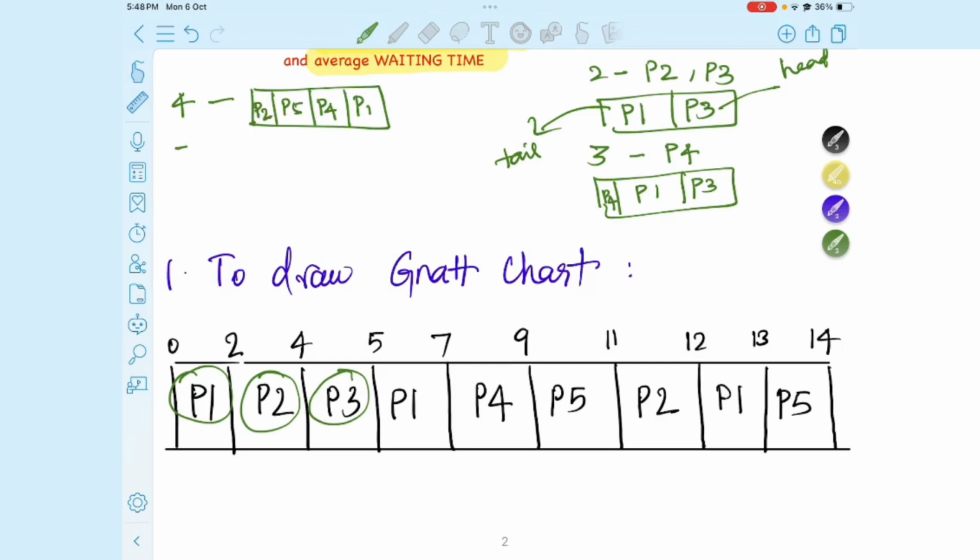And at timeline 5, we have to note that P1 from the queue takes the CPU because it is at the head and there is no new process that arrives. So the process continues as per the timeline. And at 6, we have to note that there are no new processes and P1 continues to stay in the CPU. At 7,